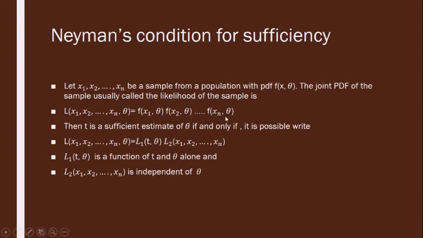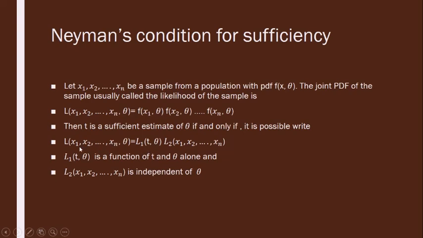Now if t is a statistic taken into consideration, then t is a sufficient estimate of theta if and only if it is possible to write the likelihood function given above in the terms of